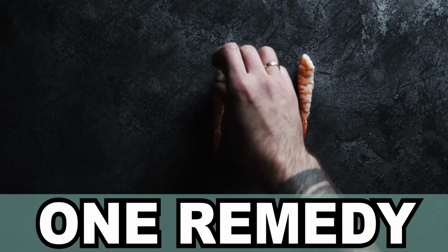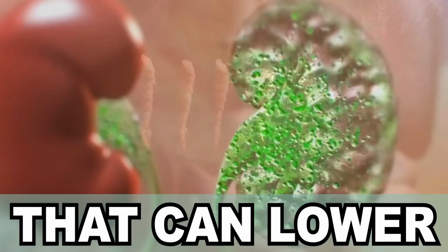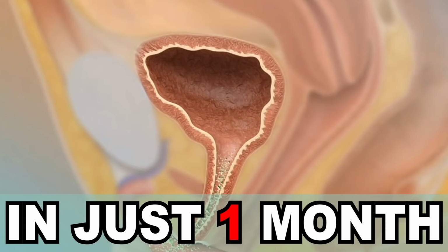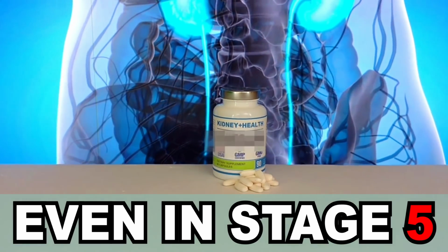There is only one remedy that can lower creatinine levels by 13% in just 1 month, even in stage 5